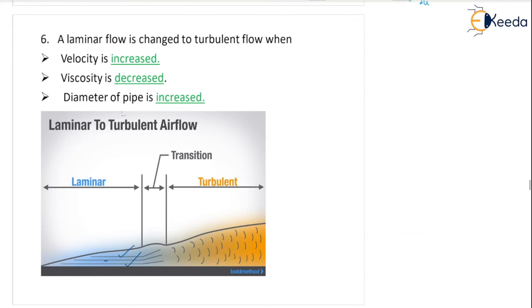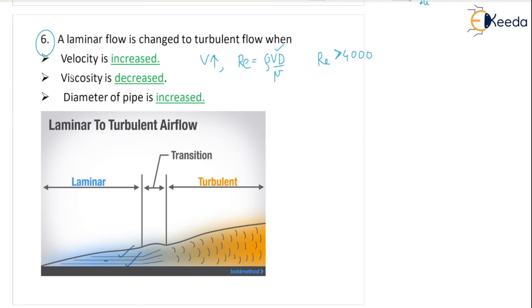Number 6 point is there. A laminar flow is changed to turbulent flow when? The question is, what are the reasons or conditions when your laminar flow can be converted into turbulent flow? So one condition is here, velocity is increased, correct? Whenever you increase the velocity v, you are increasing the Reynolds number, rho v d by mu. So if the Reynolds number crosses 4000 or is greater than 4000, then your flow will change from laminar to turbulent,